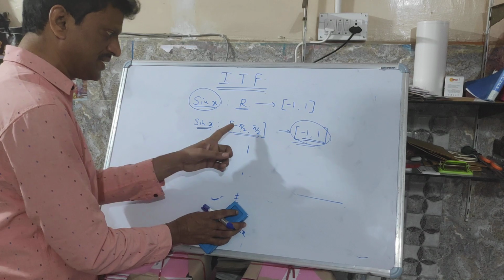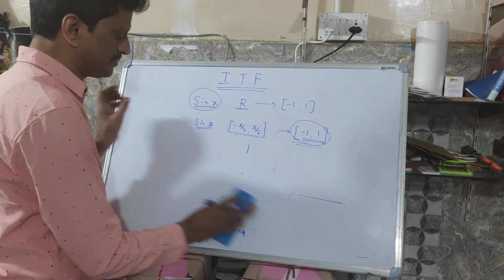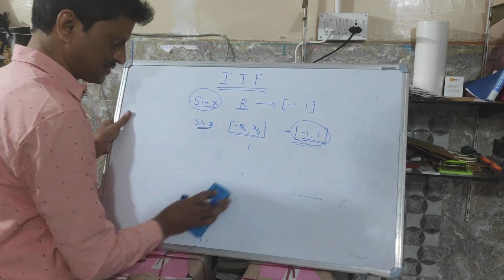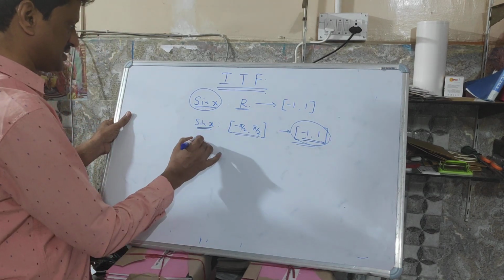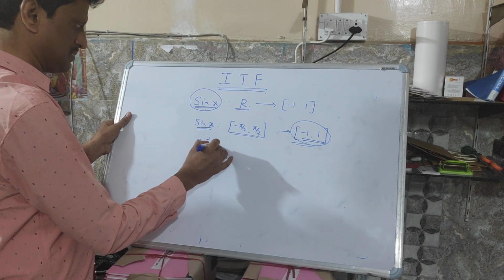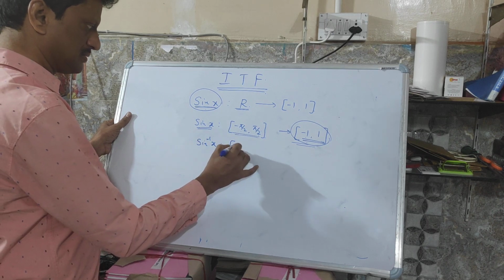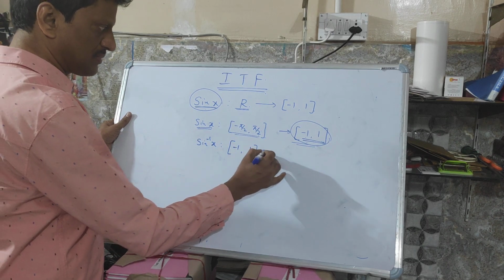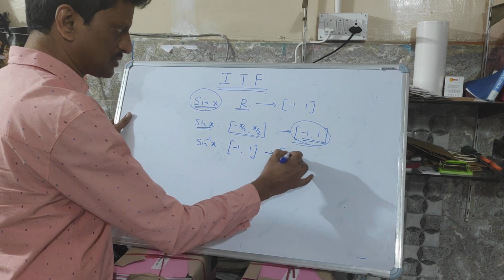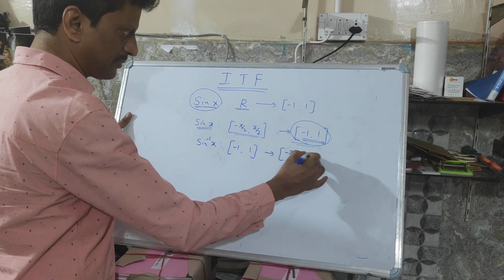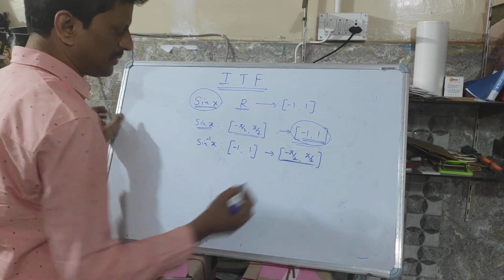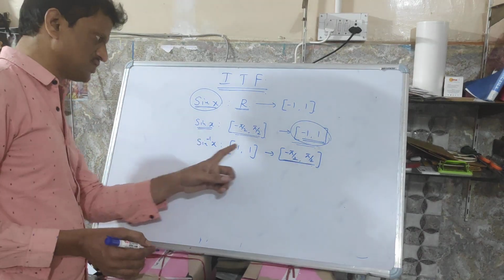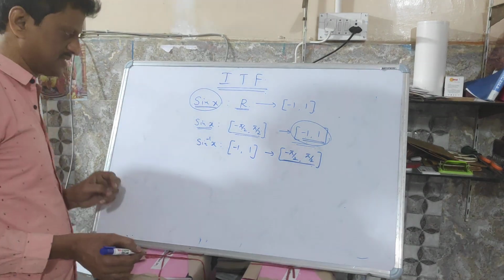So for every restricted domain we are getting one branch of the inverse function. So for this, sin inverse x, what happens now? Sin inverse x goes from the closed interval -1 to 1 to the closed interval -pi by 2 to pi by 2. So what do we call this? The closed interval -pi by 2 to pi by 2 is the principal range, or principal value, of sin inverse x.